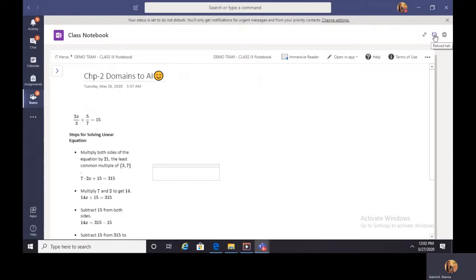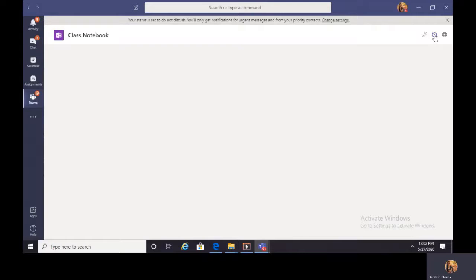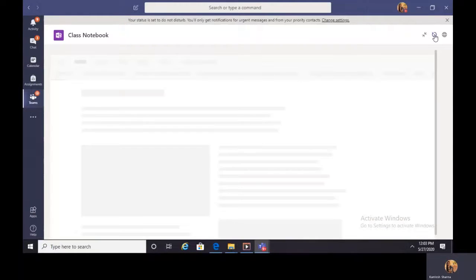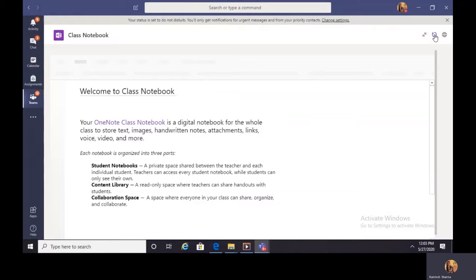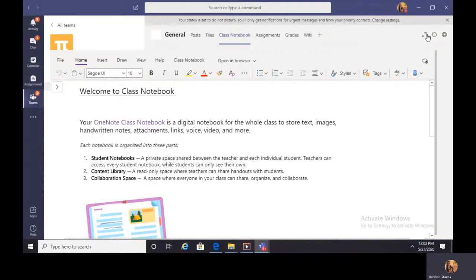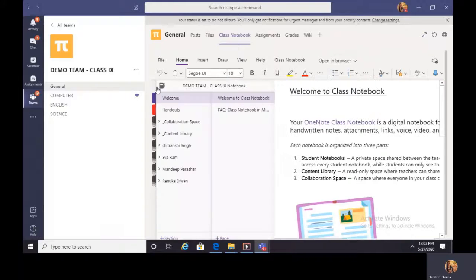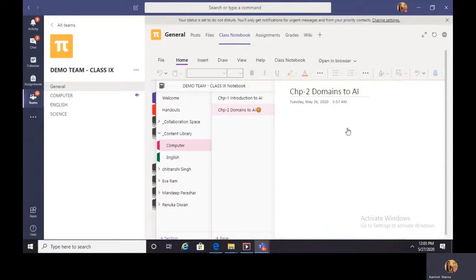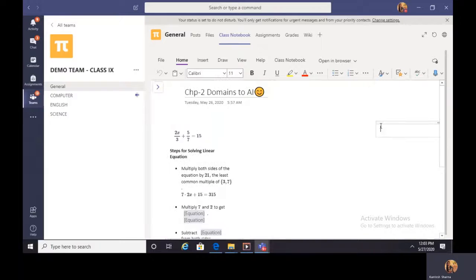For that, you have to click on this reload tab. So it is going to get reloaded in your class team. It may take a little bit of time, so you'll have to be a little patient. Okay, once it comes here, click on the navigation panel and get back to the desired location once again. Okay, so we were here.